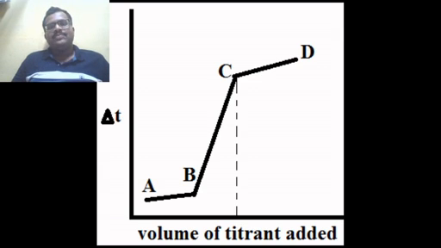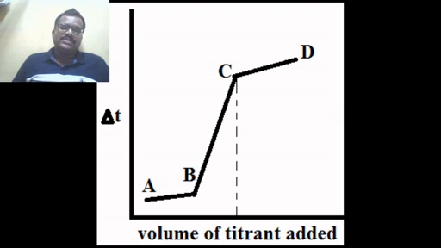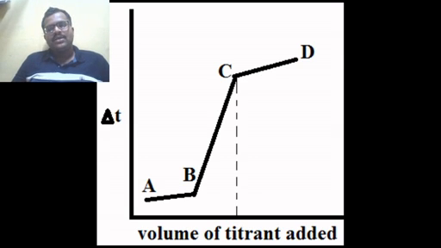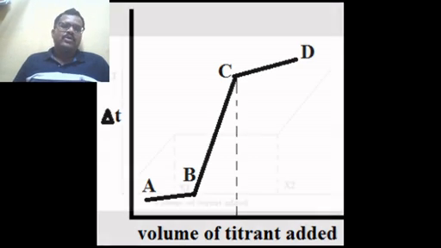Then the second line, BC, is where actual NaOH addition takes place in our strong acid HCl. So production of heat takes place, and the change in temperature is sharp. So here we get a sharp increase. Then the next part is CD, where a slight increase occurs, which is due to the dilution of excess NaOH. So here we get the endpoint easily. This is the example of acid-base titration, strong acid and strong base.